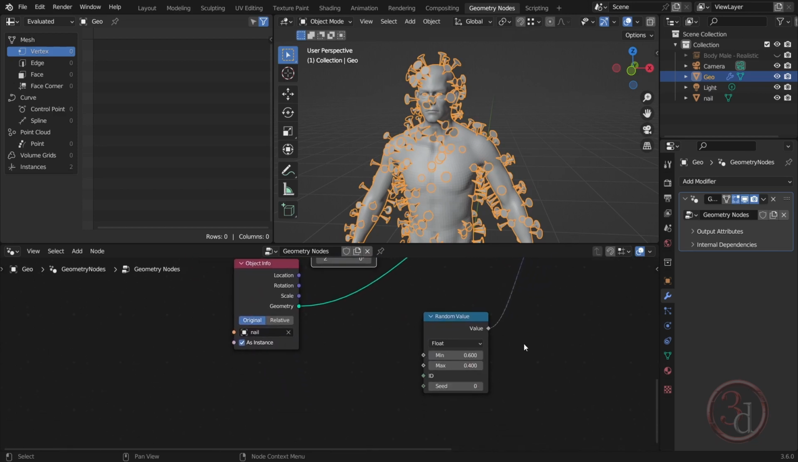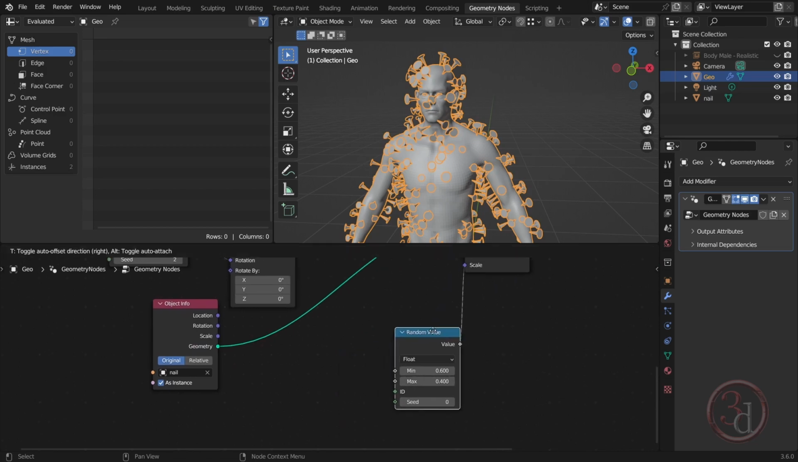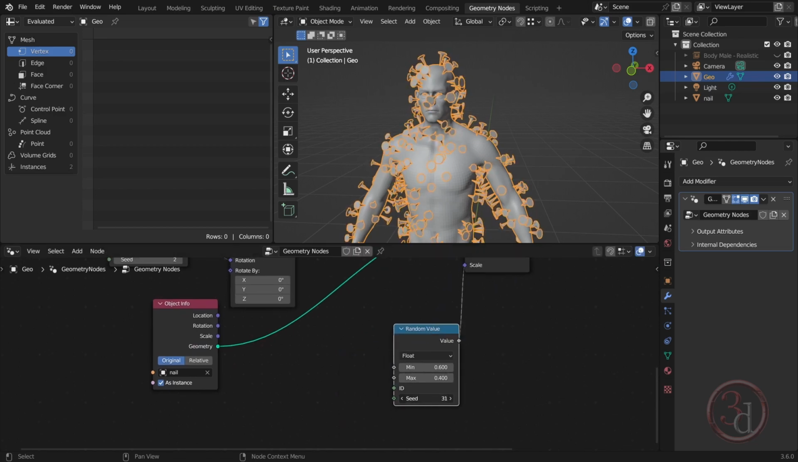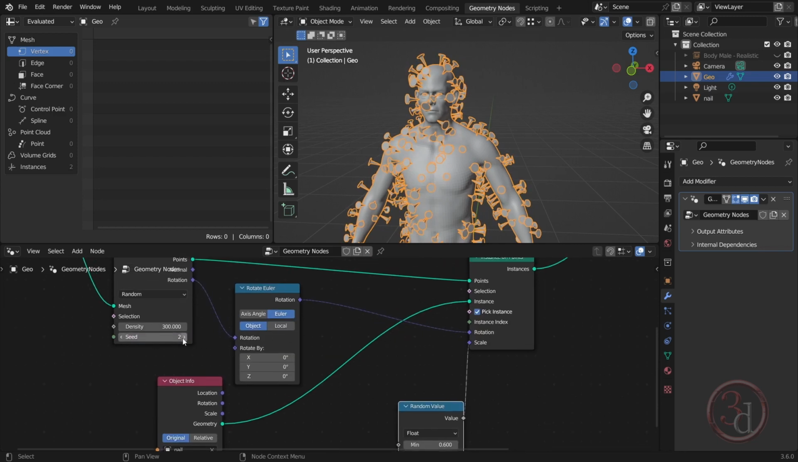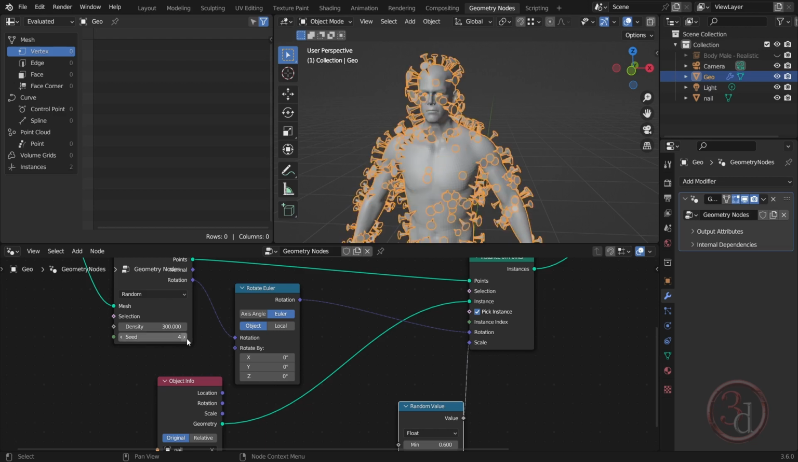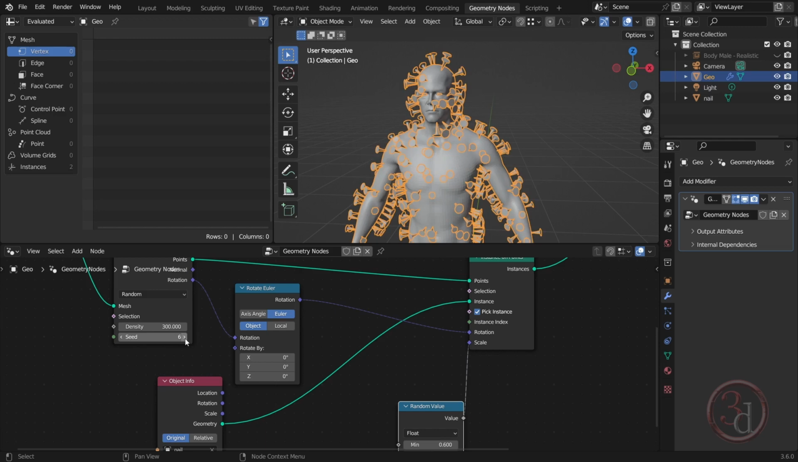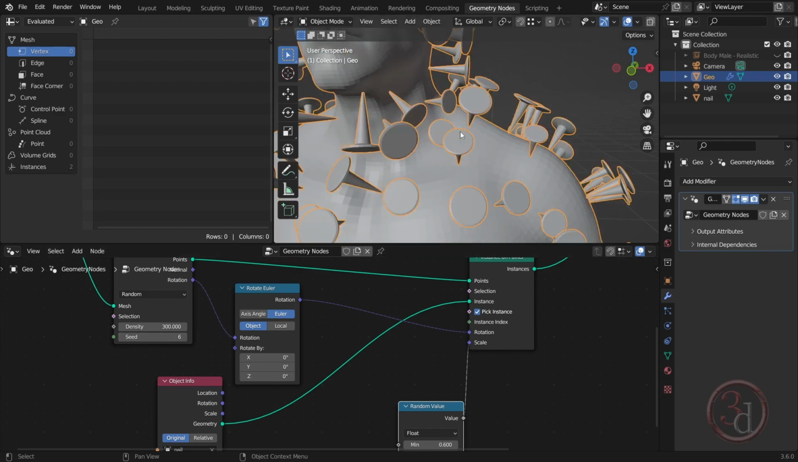So we can give a seed value to this, and you can play with this whatever you like. Okay, so let's say 30. Of course, you can come and play with the seed value, whatever is suitable for you. Okay, so now